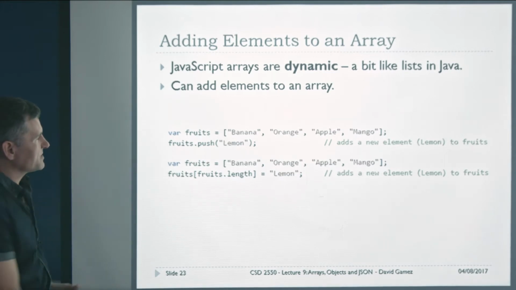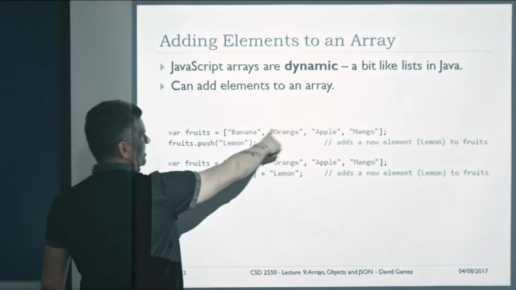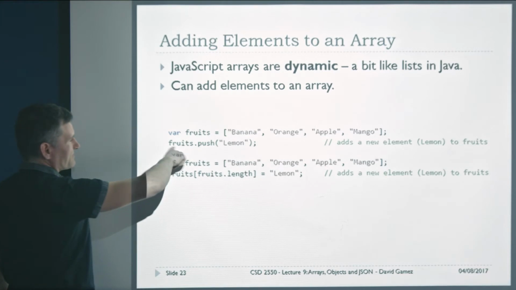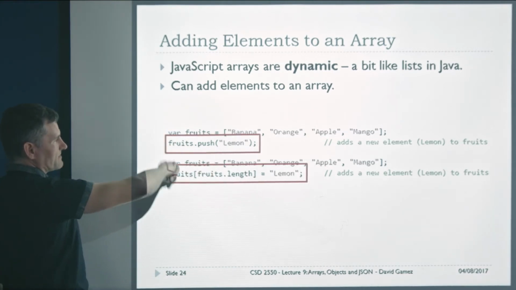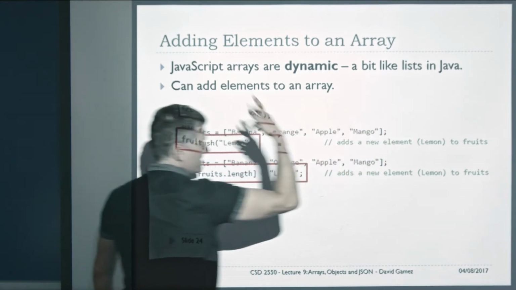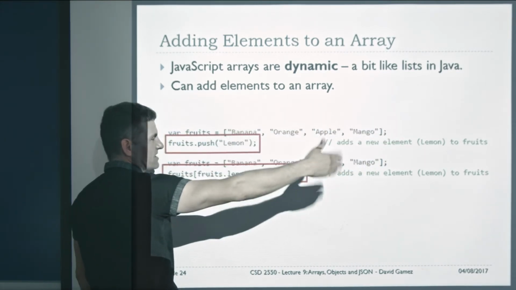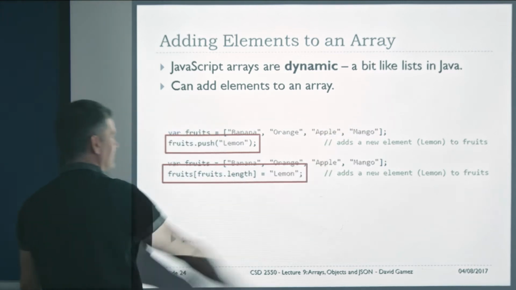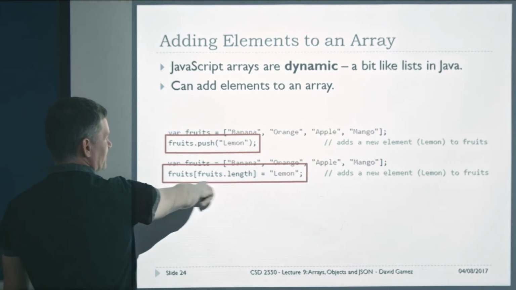So you can add elements to an array. We've got a fruits array here: banana, orange, apple, and mango. We can use fruits.push, which will add lemon to the end of the array. In terms of the bucket metaphor, it's like adding another bucket to the line of buckets. You can add an extra storage thing. So now if we do fruits.length,